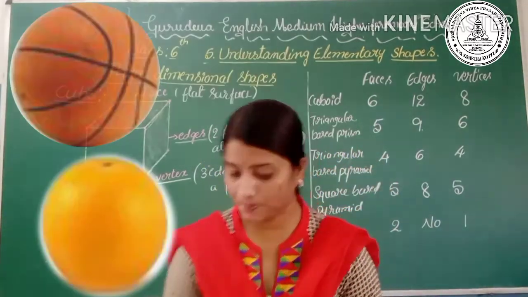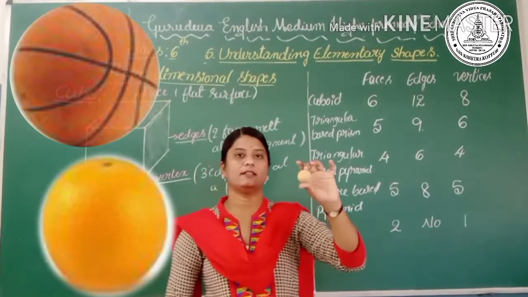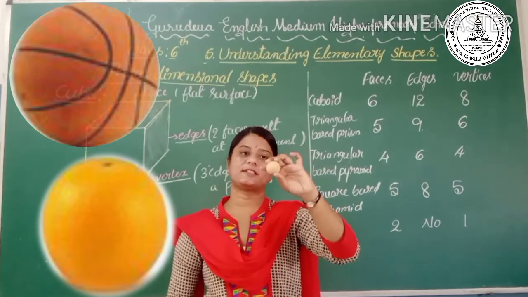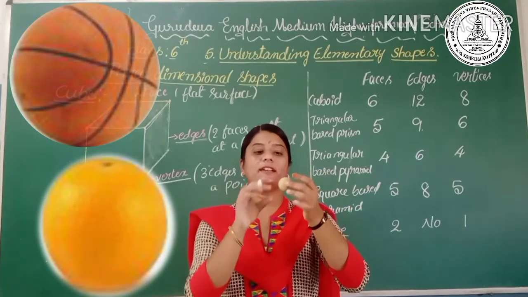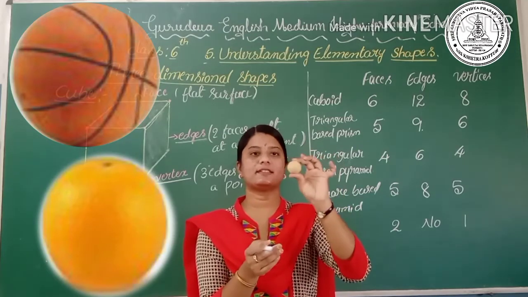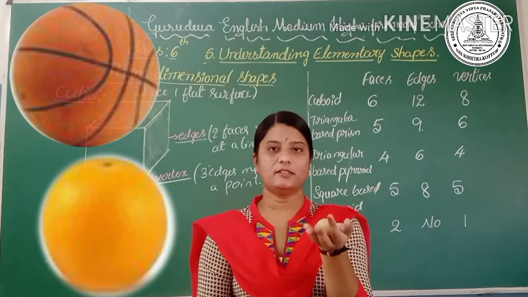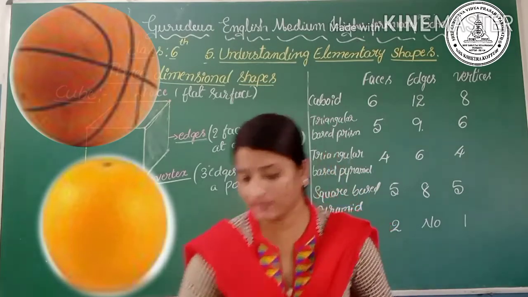Then let's see the sphere. Yes, have you seen this sphere? Yes, it looks like a ball. So it has only a single face and it has no edges and no vertices, right? Yes. Then the other shape is